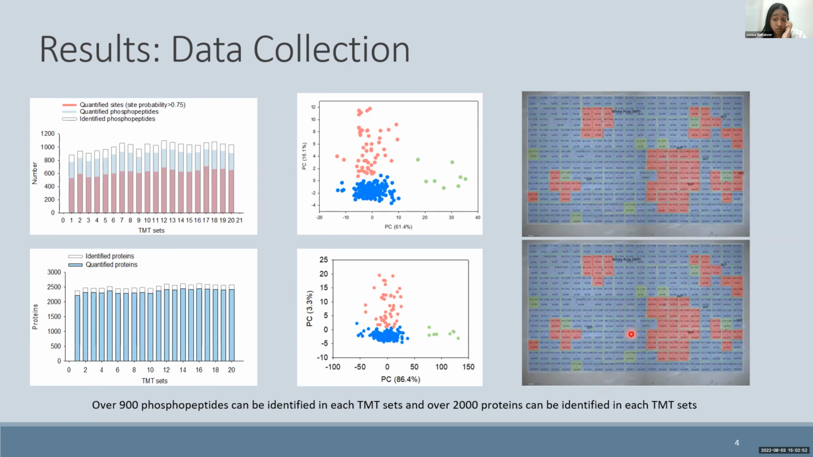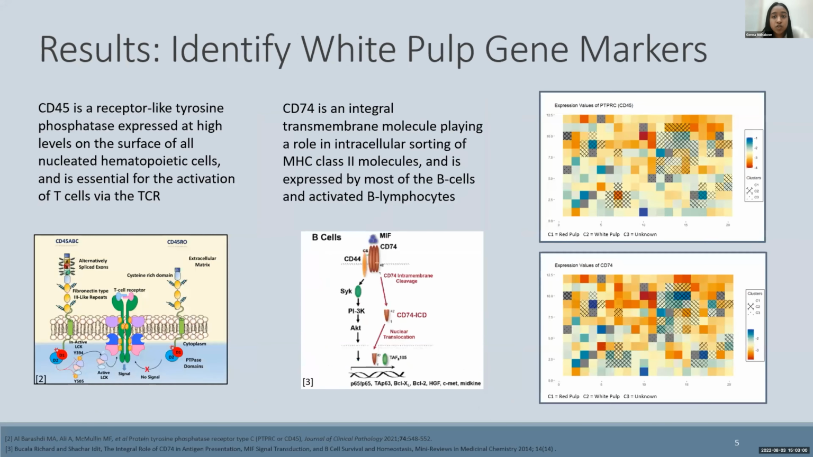And so we created several 2D heat maps using R to visually represent the expression levels of the proteins and the peptides across the tissue. So first we looked at several different white pulp gene markers using the global proteome data. So here CD45 is the